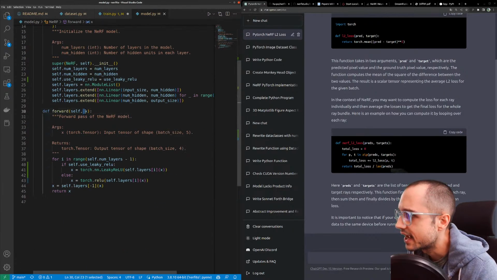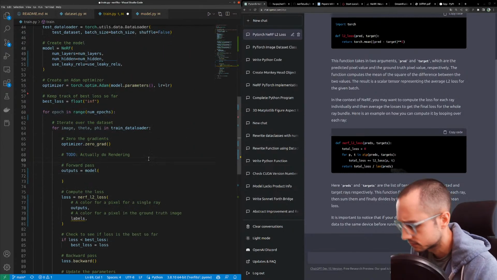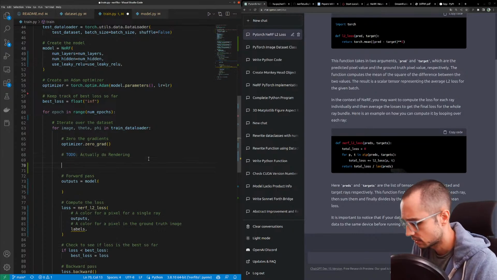The model, you're going to get X, batch size 5. Combine the phi, sample point